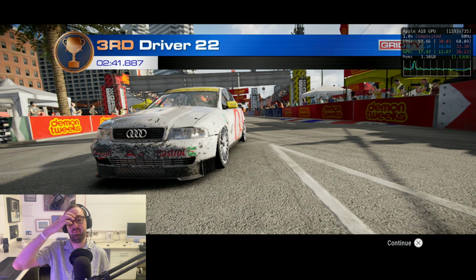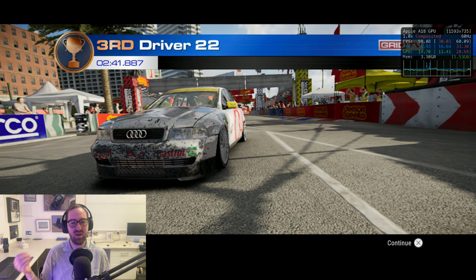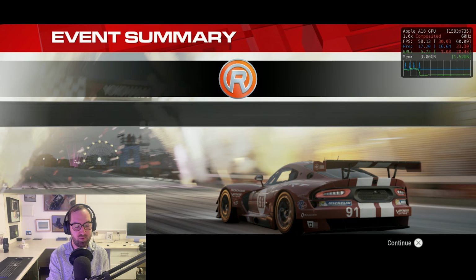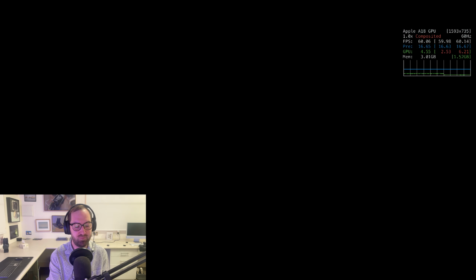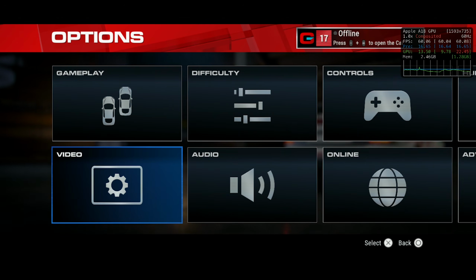Yeah, so not bad. I mean, the average FPS is definitely 60, but there are some little frame pacing issues there. For performance mode, the temperature on this device is getting up to about 42.5 degrees. Okay, we're going to try the game now at